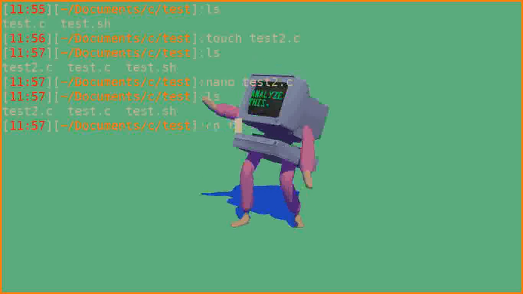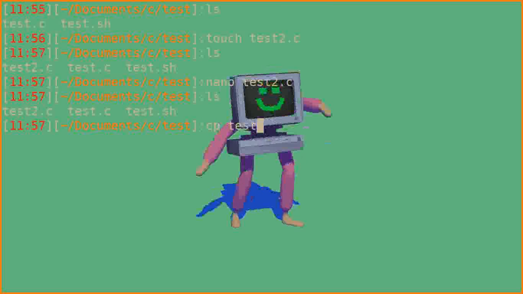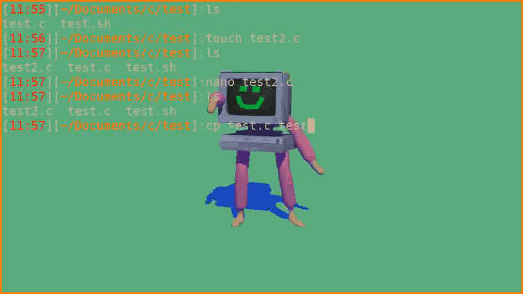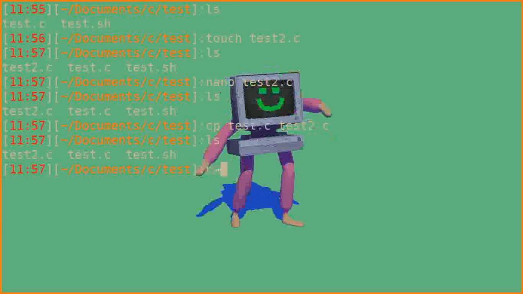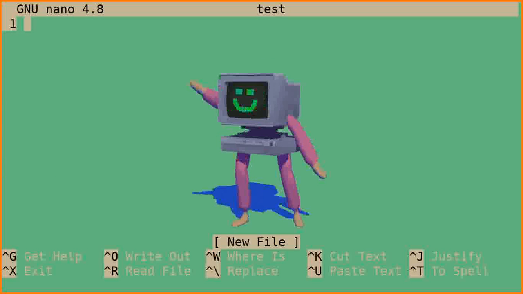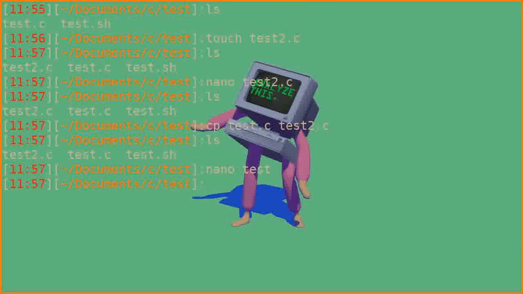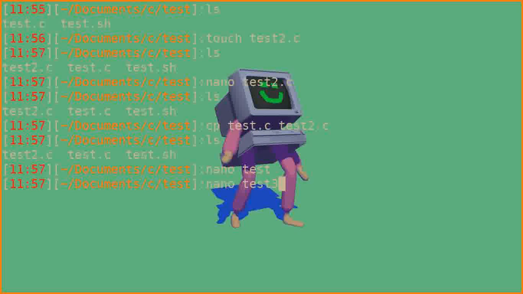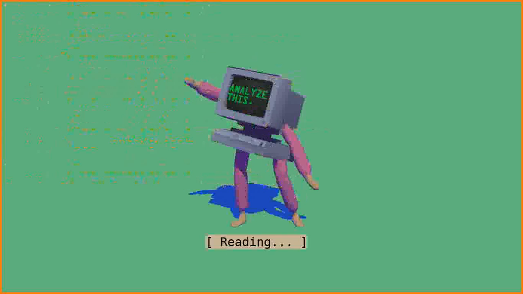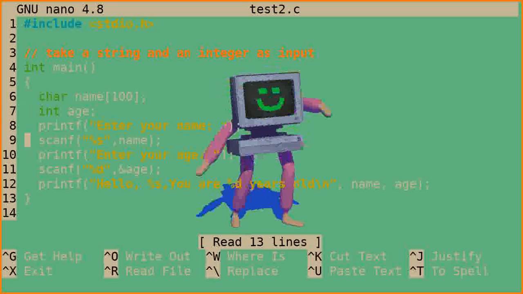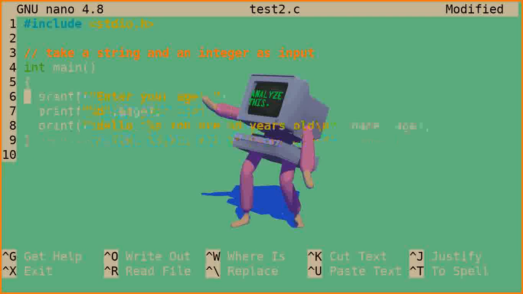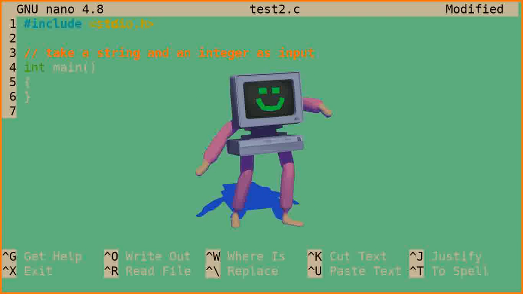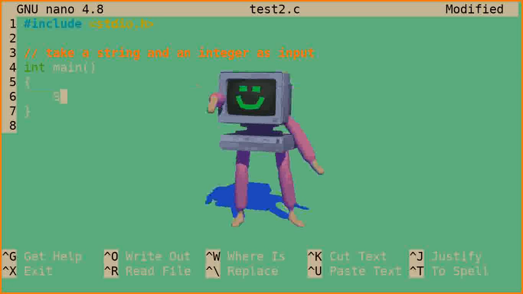copy test.c to test2.c. And now if I nano into, no, that's not what I wanted to do. If I nano into test2.c, I already have a template that I can use. I can do Control K to delete all that stuff that we won't need, and I'm gonna try a system call,